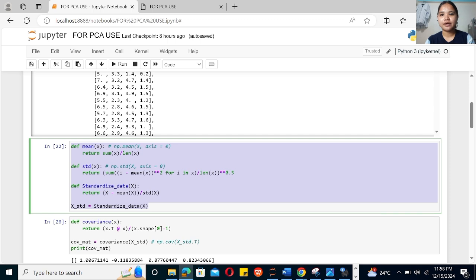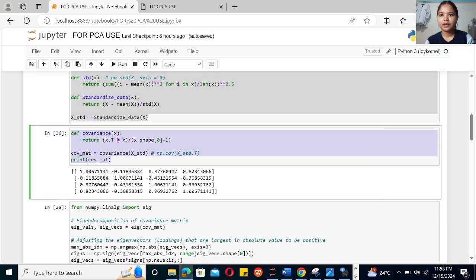So in Python, we have this code here, and the covariance matrix of standardized data can be calculated through the codes here. So we now have our covariance matrix, a 4x4 matrix, since we have 4 features. So 4 squared is equal to 16. So we have 16 data entries in a matrix. Step 3 is to find the eigenvalues and eigenvectors of the covariance matrix.